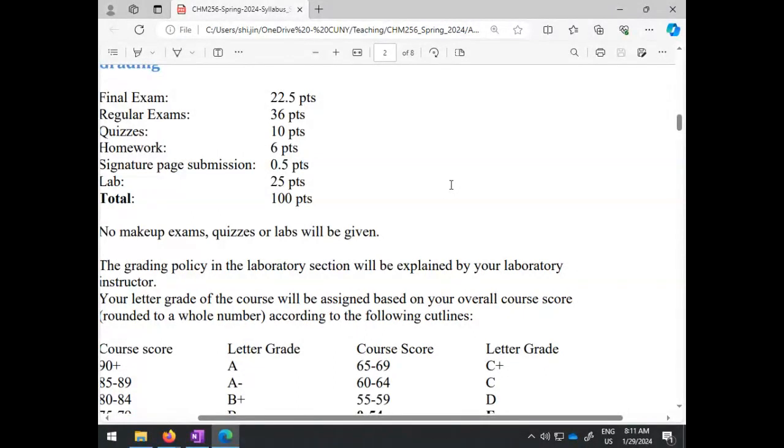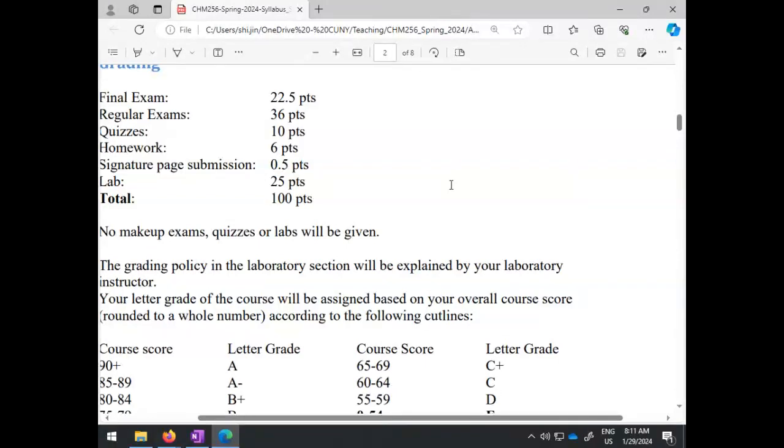If you were with me last semester, you will see that it's pretty much exactly the same. The lecture part comes to about 75% of the course, and 25% is from the lab part. Out of the lecture part, a significant part is from the final exam, an all-inclusive final exam, all you can eat. But if you did the final exam last time, you probably know there's no really super difficult question, just a lot of things put together.